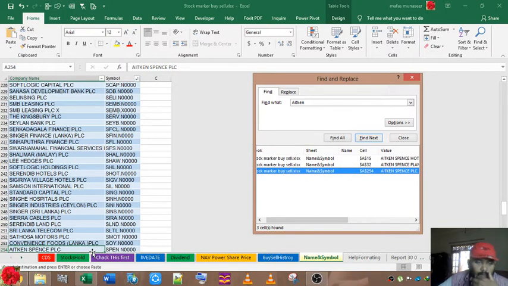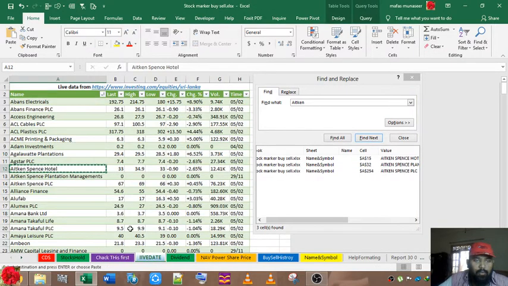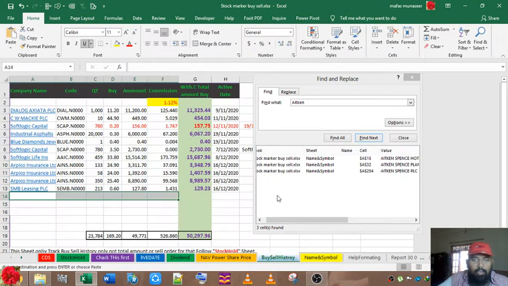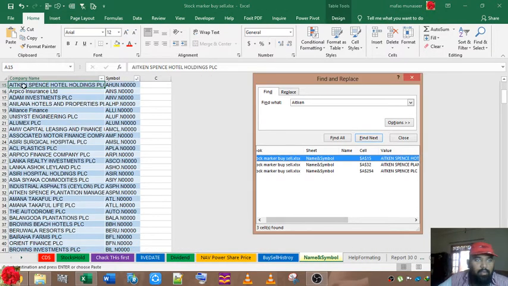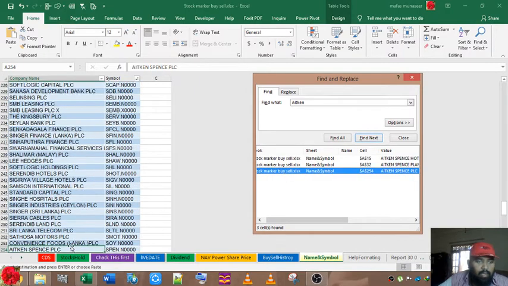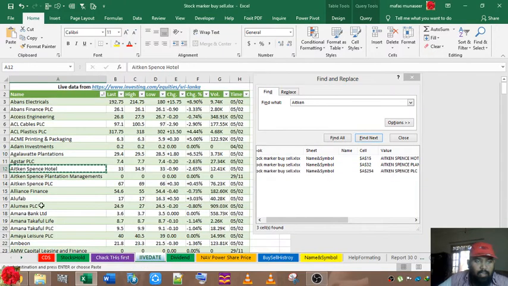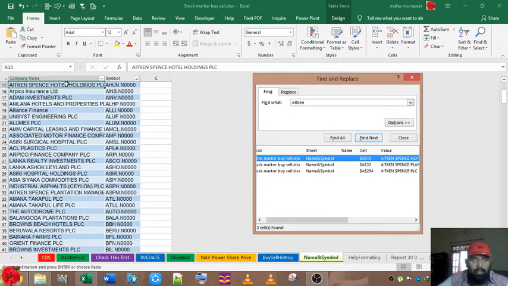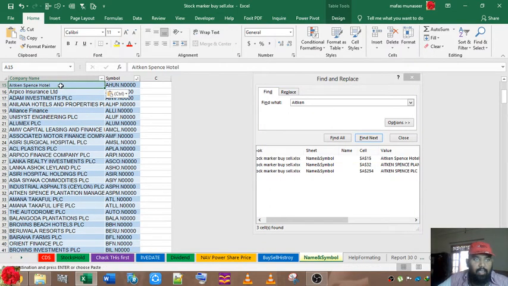For that I have one solution. I'm going to check which one is which. So Alina Spa Hotel. Okay, Hotel PLC is there, and it has to be the hotel company. I'm going to check here. First one Spa Hotel, and the last one is Spa PLC. They have a separate name for that one. Here Spa PLC, not that one. Okay, I can confirm the first one. For that I am going to copy and paste here.